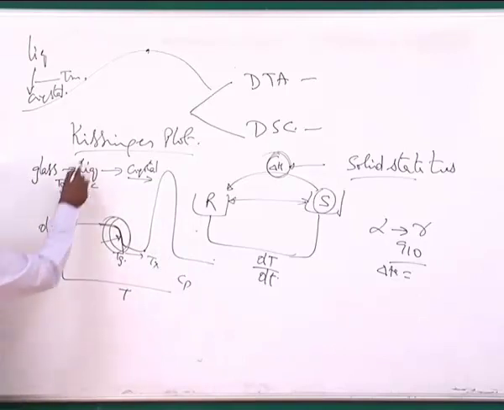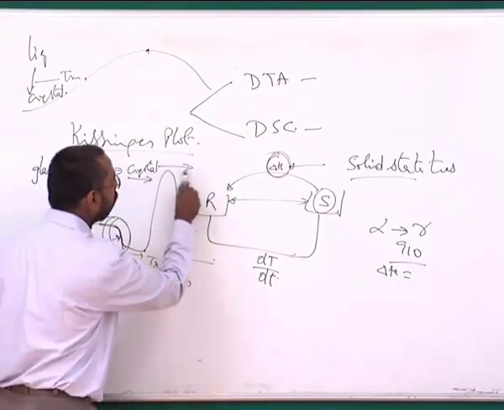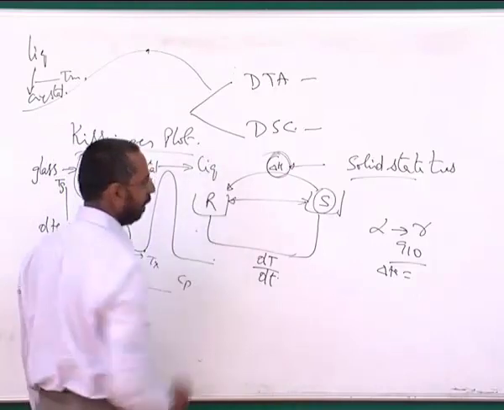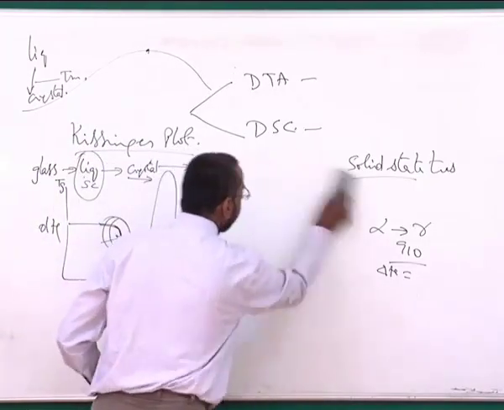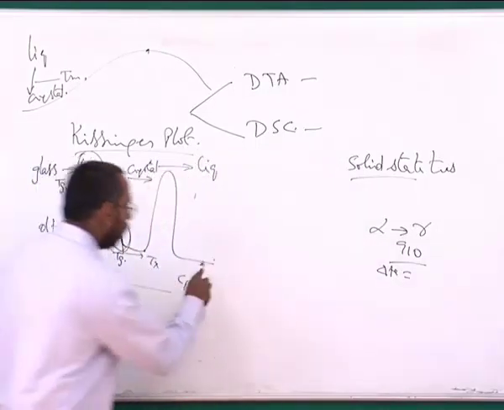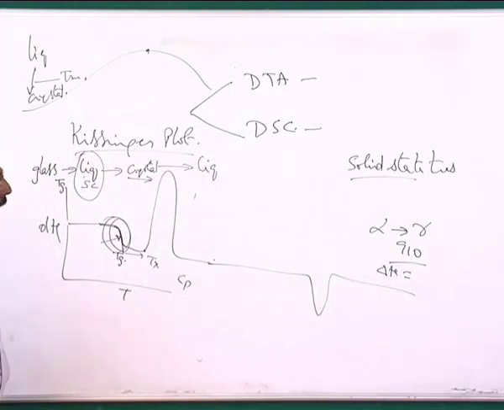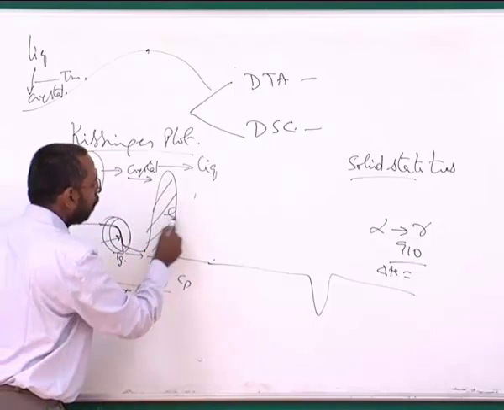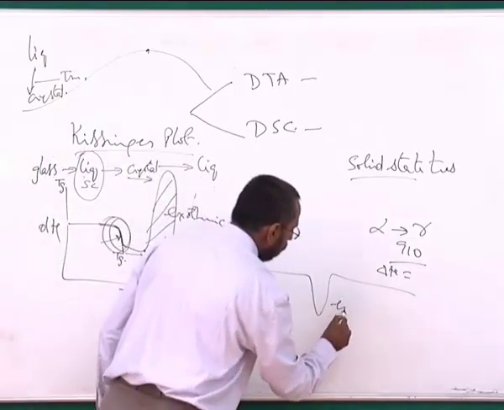The reason is this is not a stable liquid. It's a supercooled metastable liquid. And in principle, if I heat this crystal further, at the melting point, this will again become a stable liquid. So if I further heat this to some melting point, you will see this one gives you a peak like this. And if you carefully observe, this is a peak which is an exothermic peak, and this is an endothermic peak.